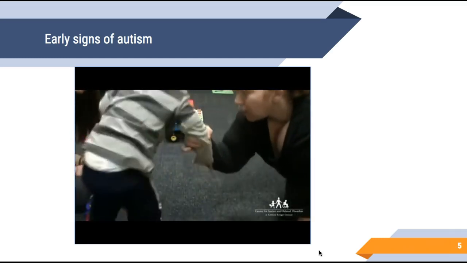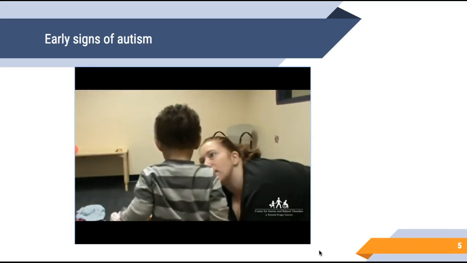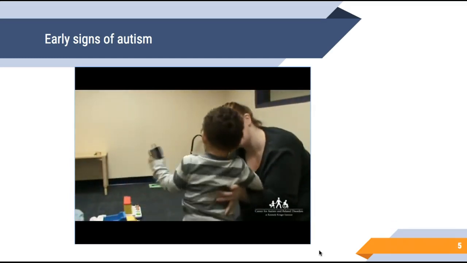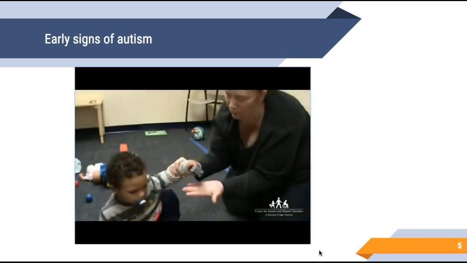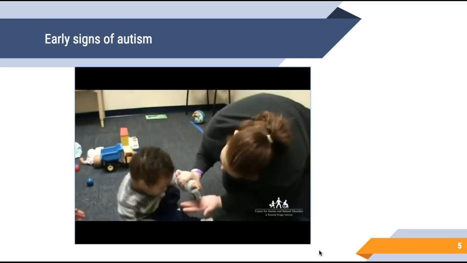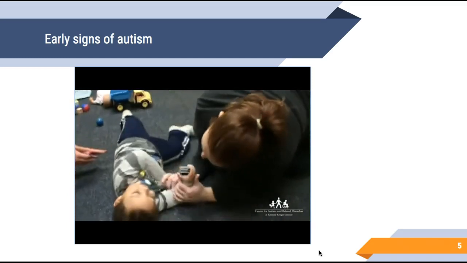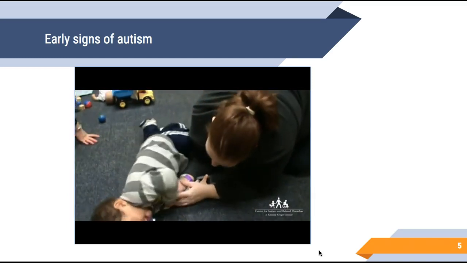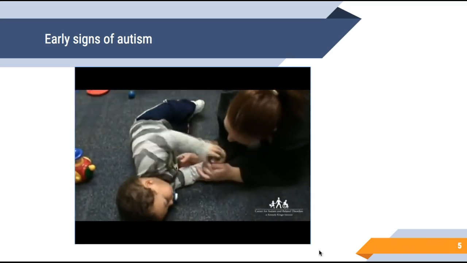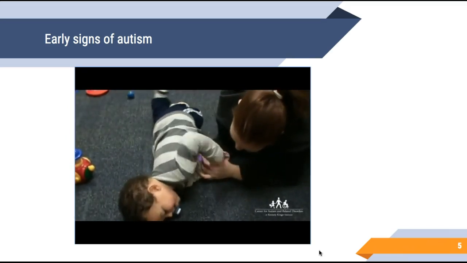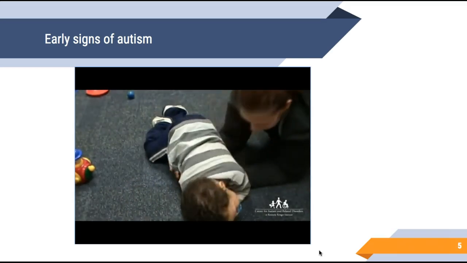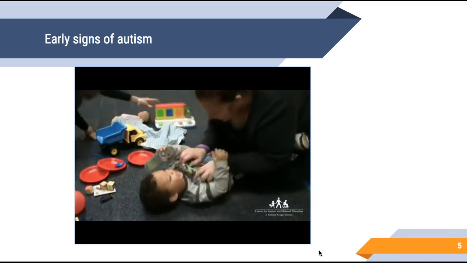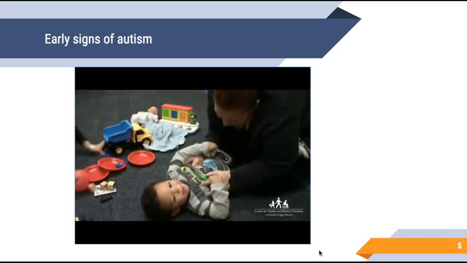His mother tries to distract his attention away from the phone. Let mommy see the phone. Let mommy see it. Let mommy see the phone. There you are. She begins to tickle him. Although he seems to enjoy the tickling, he does not look at his mother or make a social connection with her. He does not try to communicate with his mom to keep the social game going.